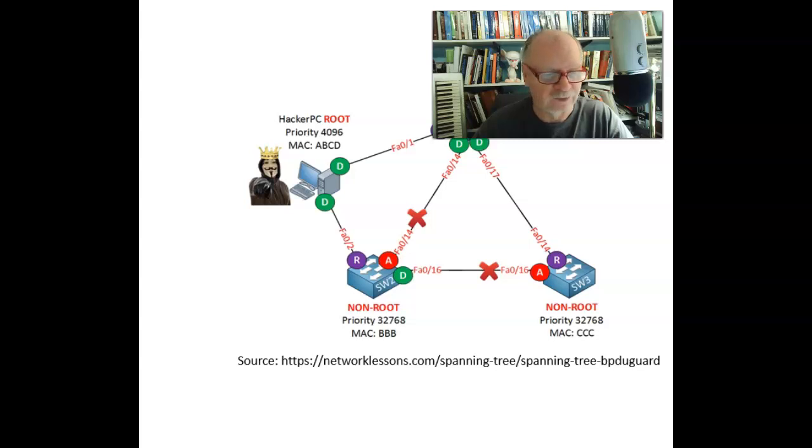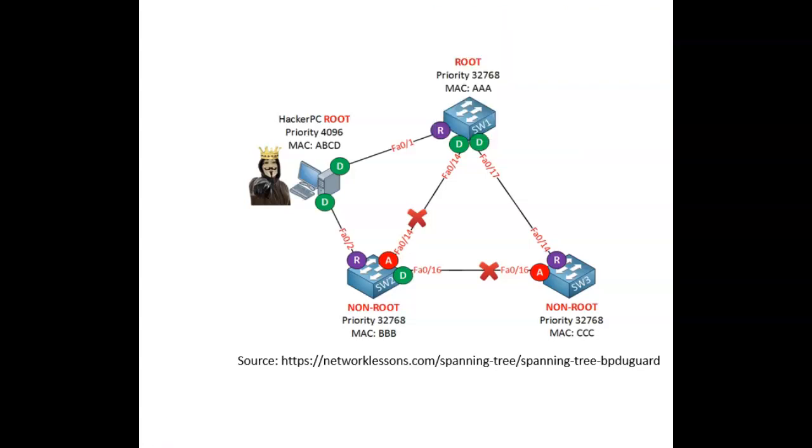I want to look now at something called PortFast. Looking again at our diagram that we used for the BPDU guard, we have the same scenario, and we have the bad guy over here who pretends to be a switch. Now, I may not want to shut down these ports if a BPDU comes in on them. I may just want to ignore all BPDUs.